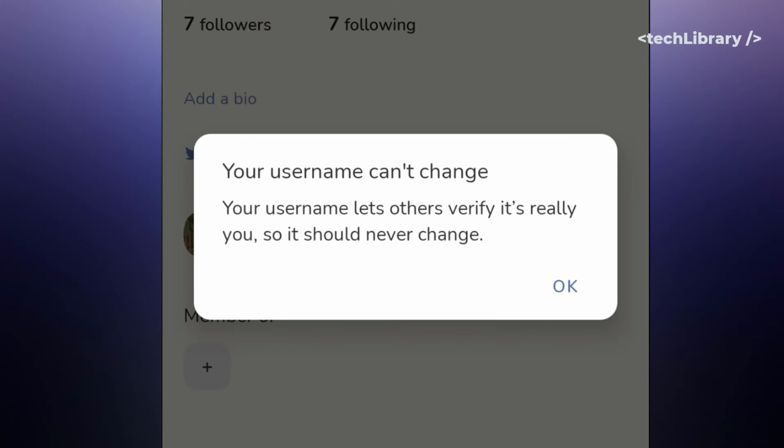And here's what it told me when I tried to tap on my username again with an intention to change it, but